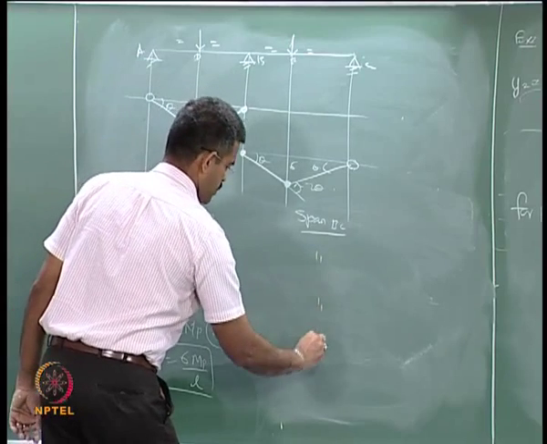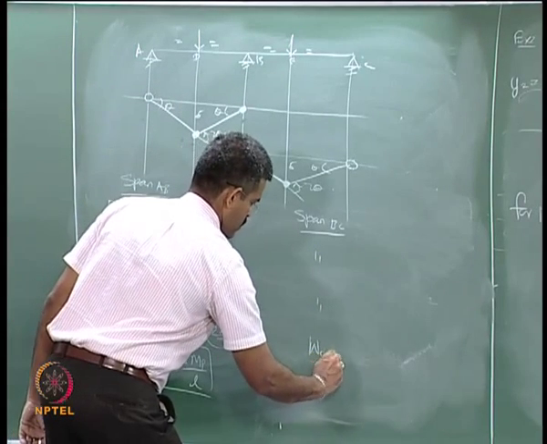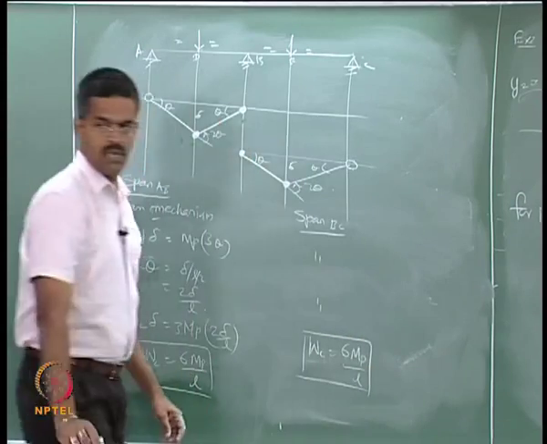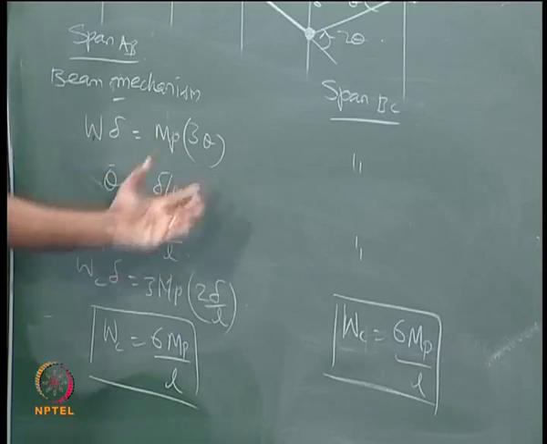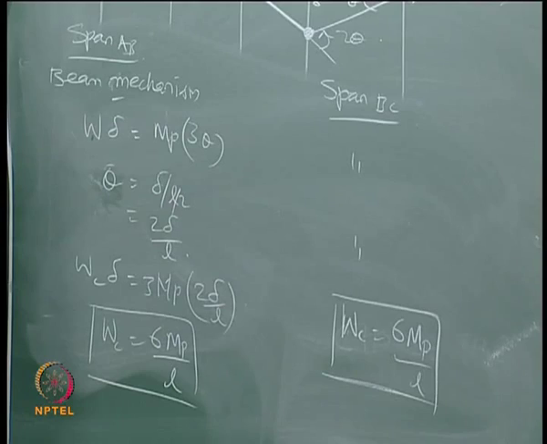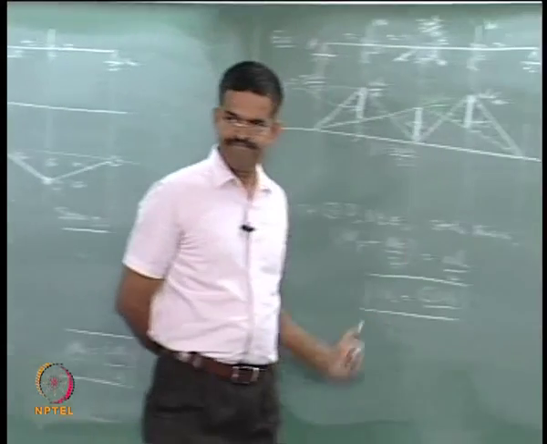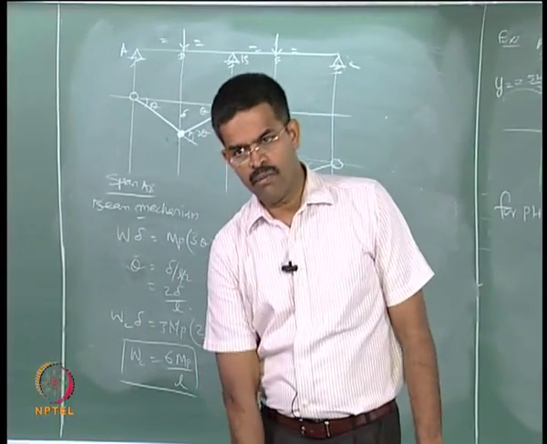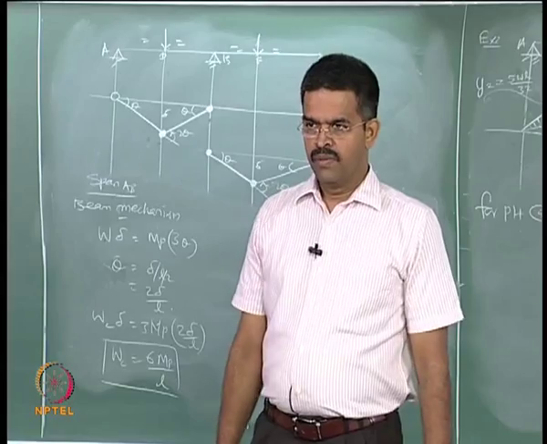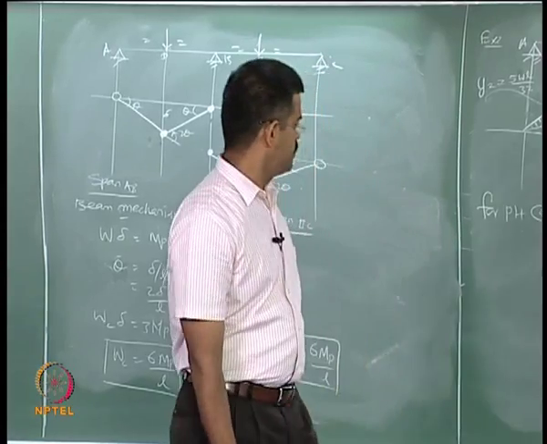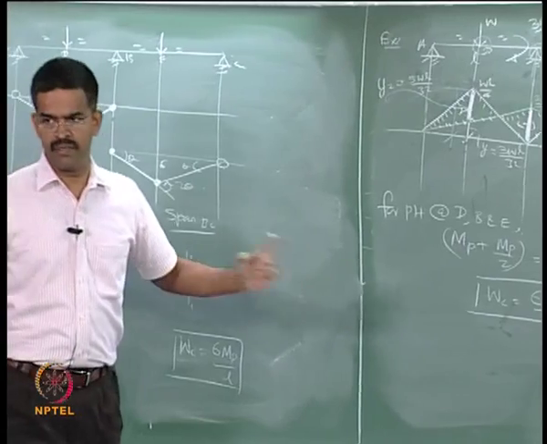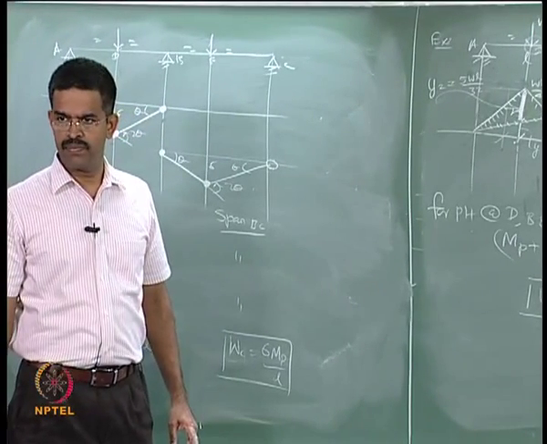Virtually it is same. Is it not? It is going to be repeatedly same actually. So, you get both the answers same. So, WC is 6 MP by L. Okay. Now, from this quickly one can think about what is the design, what we are worried about.